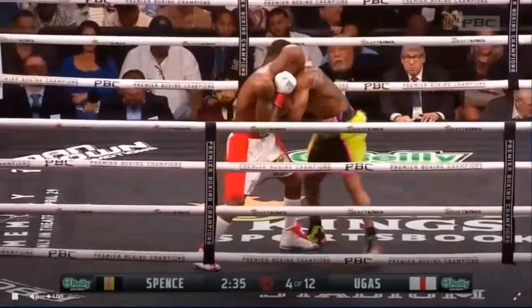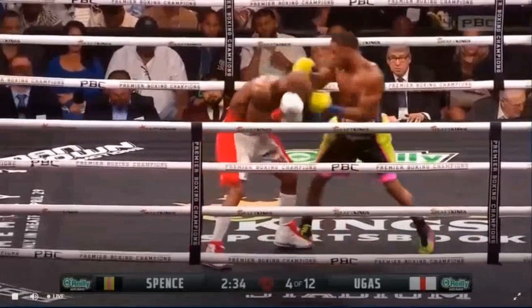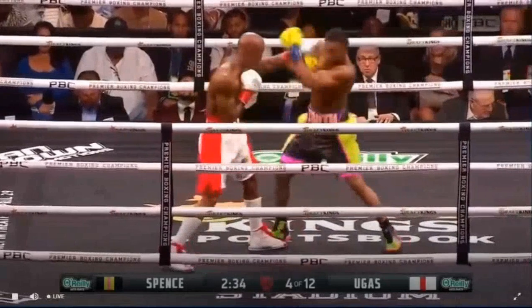He's going to be on the left side of Ugas, which means Ugas is going to be throwing an attack with his right. So now when he brings his weight to the back foot, he's going to be releasing some of that control he had with his left arm, Errol Spence that is, and when Ugas feels the weight off of him, he's able to pull counter down here and catch Errol Spence as he drives his weight toward the back foot off of that right hook that he threw,